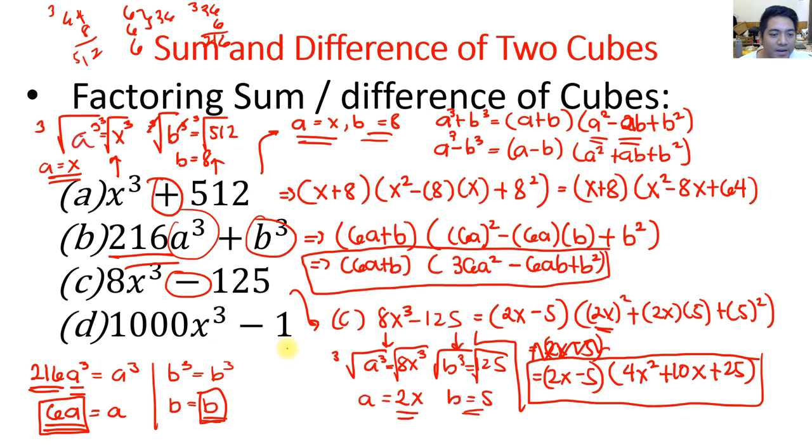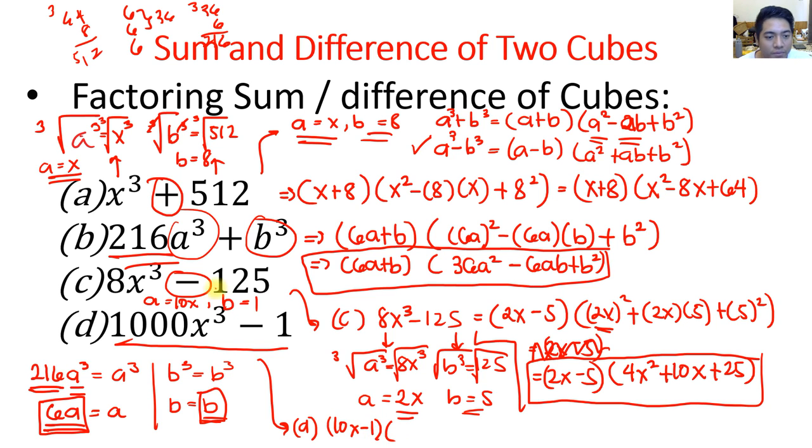And last but not the least, you can do this. Your a here would be 10x, and your b here would still be 1. This is a difference of two cubes. So 10x is the a because 10 times 10 is 100, times 10 is 1000, and the cube root of 1 is still 1. So you can rewrite using this formula. For letter D, the answer should be a minus b, that is 10x minus 1,